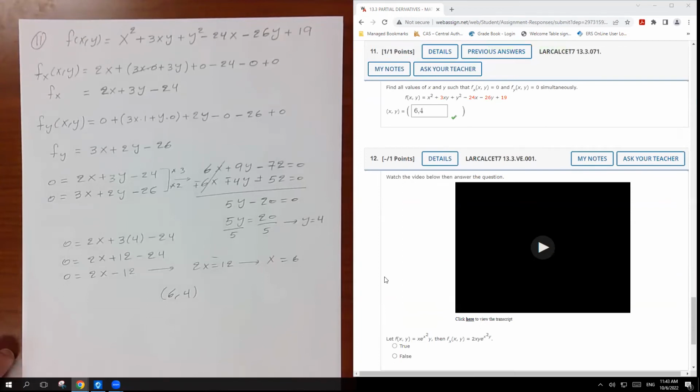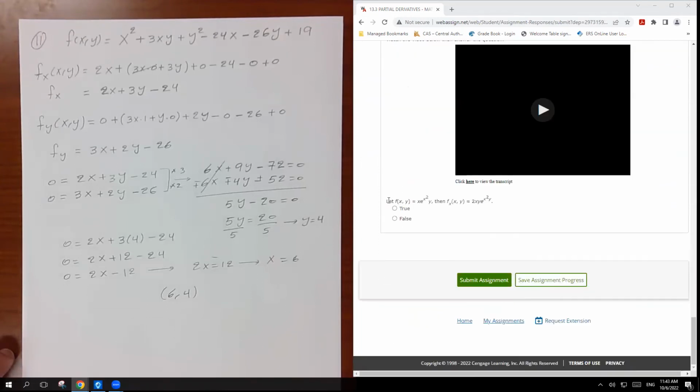The last one is just true and false. They ask you, let f of x, y equal x times y, then f sub x is supposed to be like this one. True or false? So go ahead and do this function, find the f sub x of the function. It's supposed to be like this one. If not, you're going to get false. That's it for